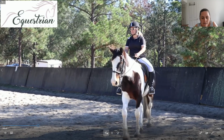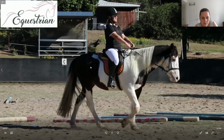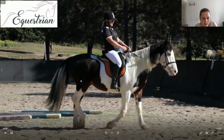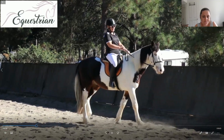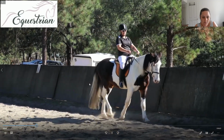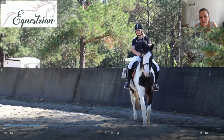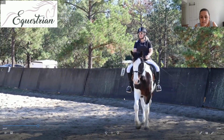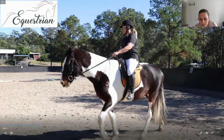You can typically tell when the horse gives you a step of engagement if you watch for the way that this hind leg comes through a little bit further and the tail swishes. As we asked for a bit of bend there, hind leg steps, tail swishes, and the shoulder lifts and extends. So we're getting little steps here and there of engagement,